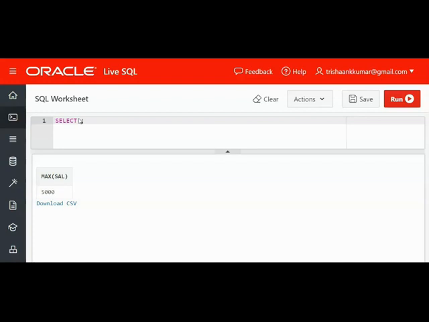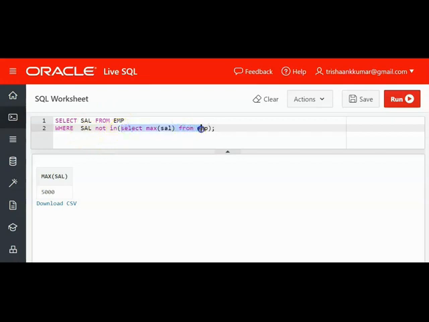For example, select sal from EMP where sal not in. We cannot directly write 5,000, since we don't know which is the highest salary, so select max of salary from EMP. That is what a subquery is. So select sal from EMP where salary not in, select max of salary.